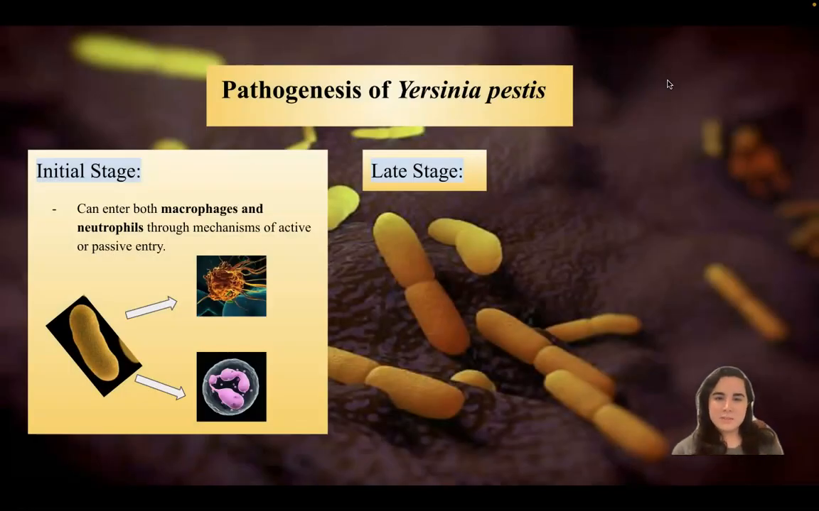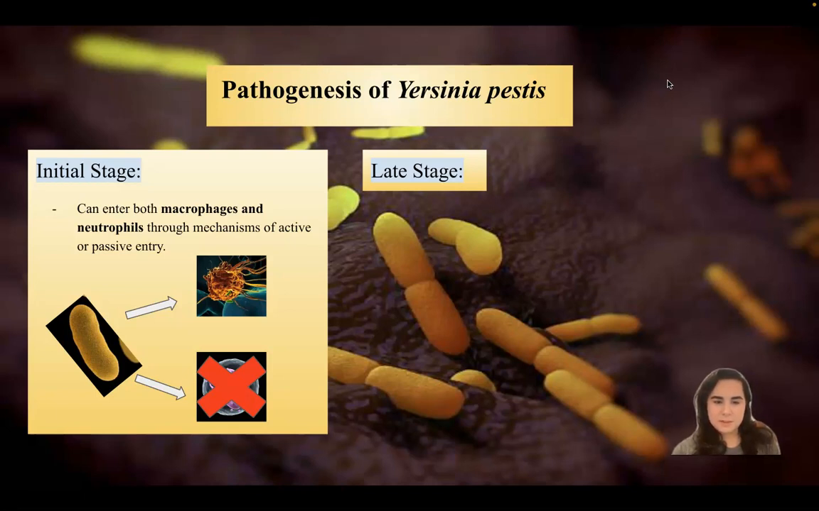Now, the pathogenesis of Yersinia pestis. In its initial stage of infection, Yersinia pestis can enter both macrophages and neutrophils through the mechanisms of active and passive entry. Neutrophils are really good at killing the bacteria within its initial stage, but Yersinia pestis has really good adaptation features against the phagocytosis of macrophages, and once ingested can live within the bigger vacuoles of macrophages, which causes